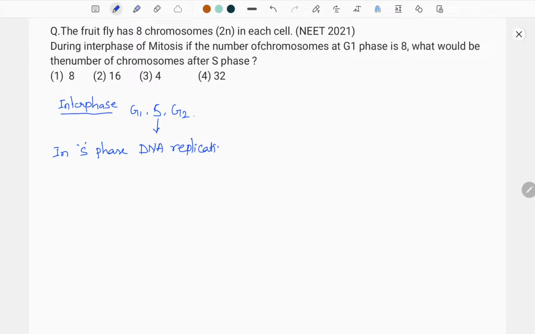Remember, DNA replication means the amount of DNA gets doubled. We have one example: before replication, if it is 2 picograms,